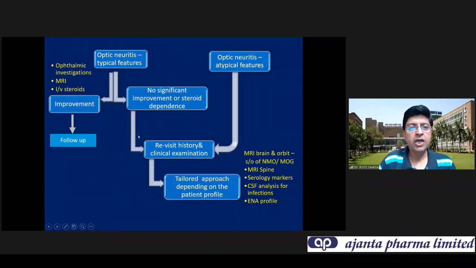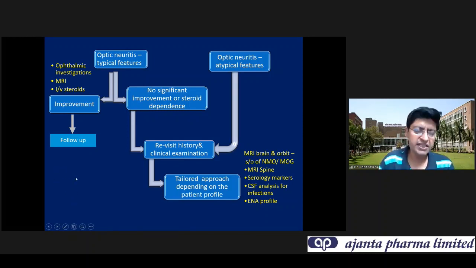So if you have optic neuritis typical features, ophthalmic investigations and MRI, you start IV steroids, improvement, you follow up. So your MRI will decide your long-term management. You give IV methylprednisolone, patient improves. Depending upon the MRI, if there are multiple lesions on the brain, you may consider discussing with a neurologist for long-term disease-modifying agents. If MRI is normal, you may just opt to follow up the patient, and if it recurs, then decide or discuss for